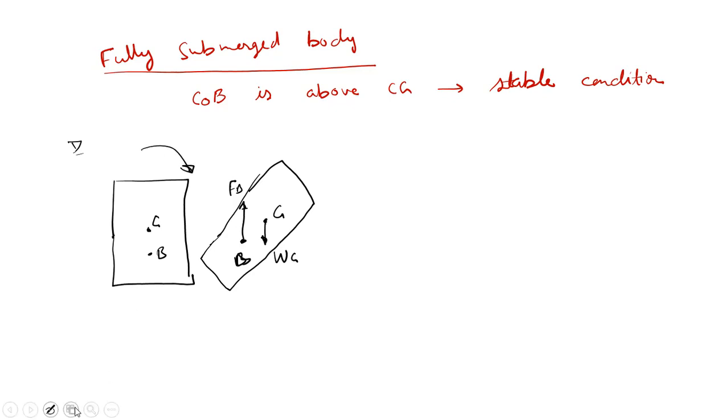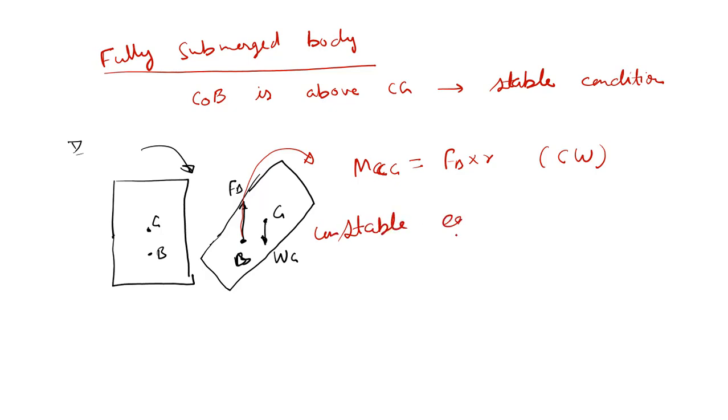So if I calculate the moment about CG due to FB into R, it will try to move in the clockwise direction only, right? The sense will be clockwise. So it is trying to move the body away from its mean position. Then it will be unstable equilibrium, right? If we try to understand in this fashion, then it will not be very difficult to understand